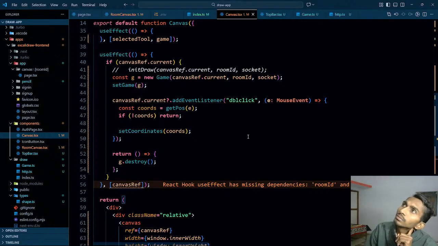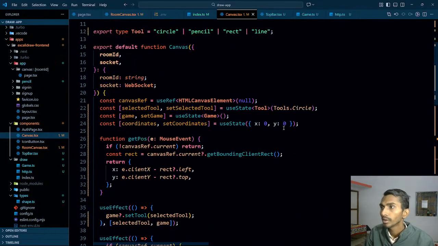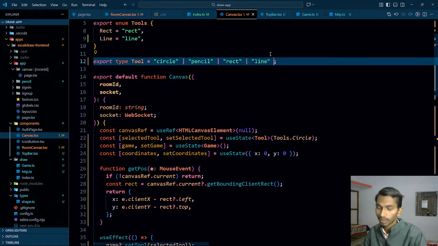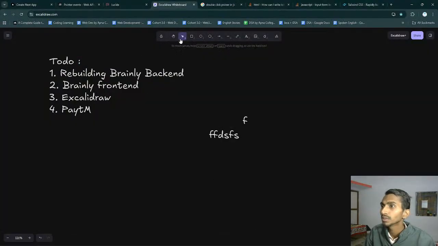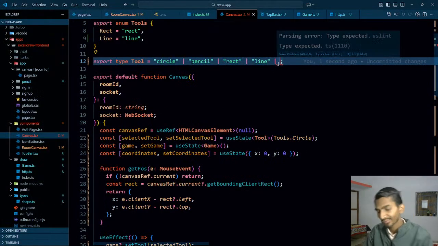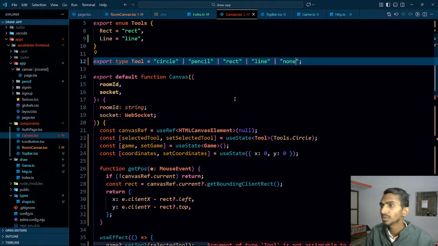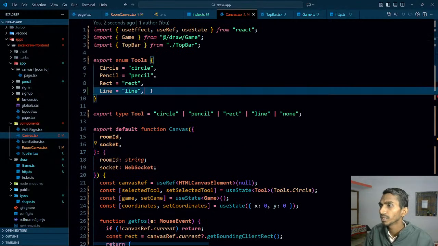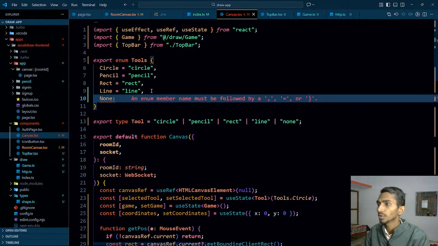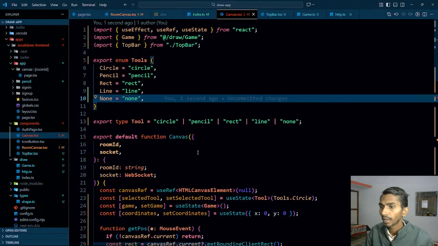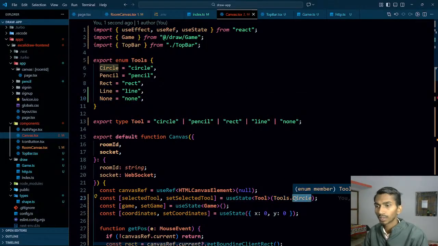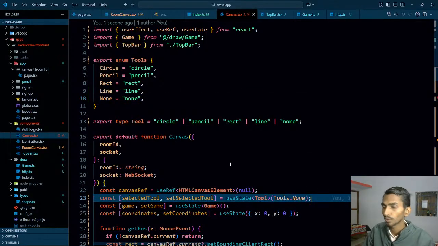If none, then what? Nothing. I will have to have this value as well. What is the value? What is the name of it? Selection. Just none. I will have this thing as well. And over here none is going to be none. Any problem? No problem. And here tools dot none is going to be selected, and once none is selected nothing